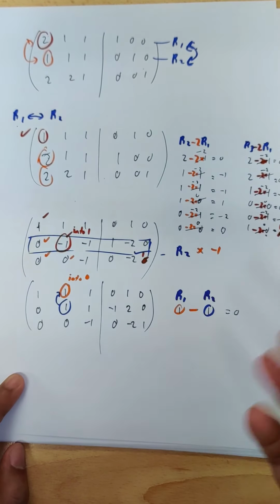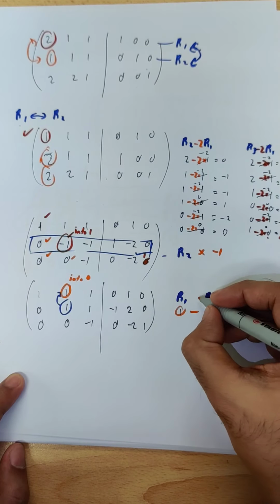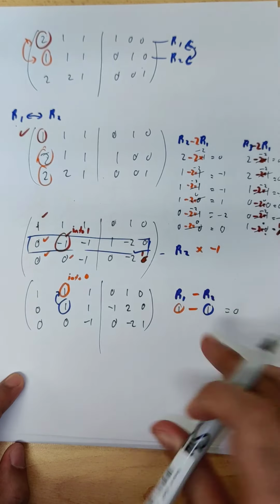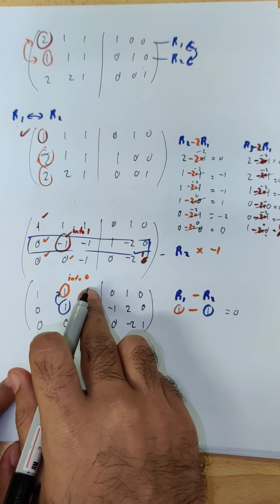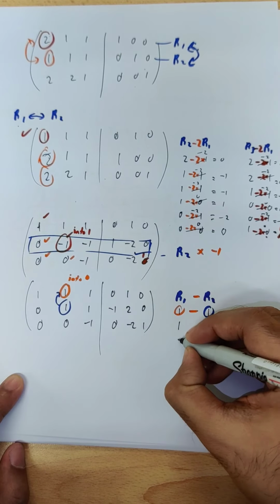1 minus 1, you got 0. I have to multiply things? You don't this time. We are quite lucky. So what we do is row 1 minus row 2 directly. Okay, now copy the rest of the row 1: 1 0 0 1 0 1 0 1 0 1 0.